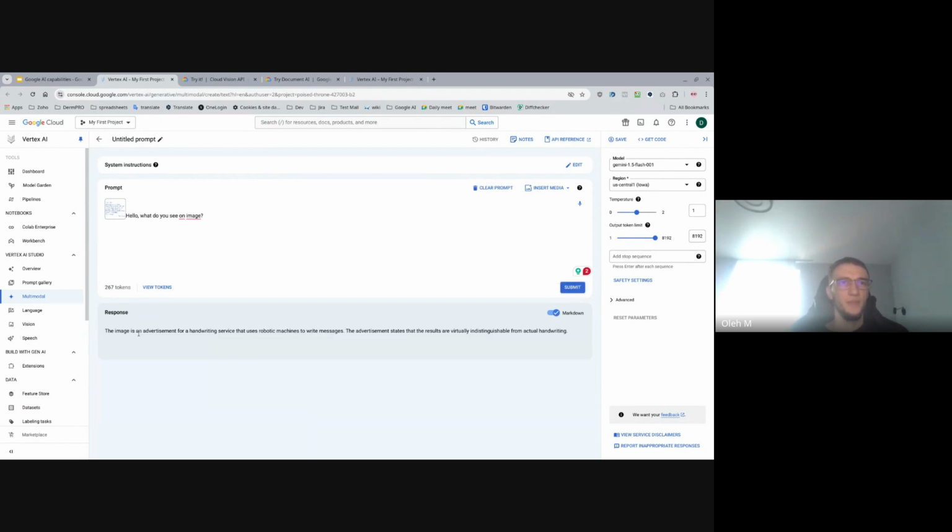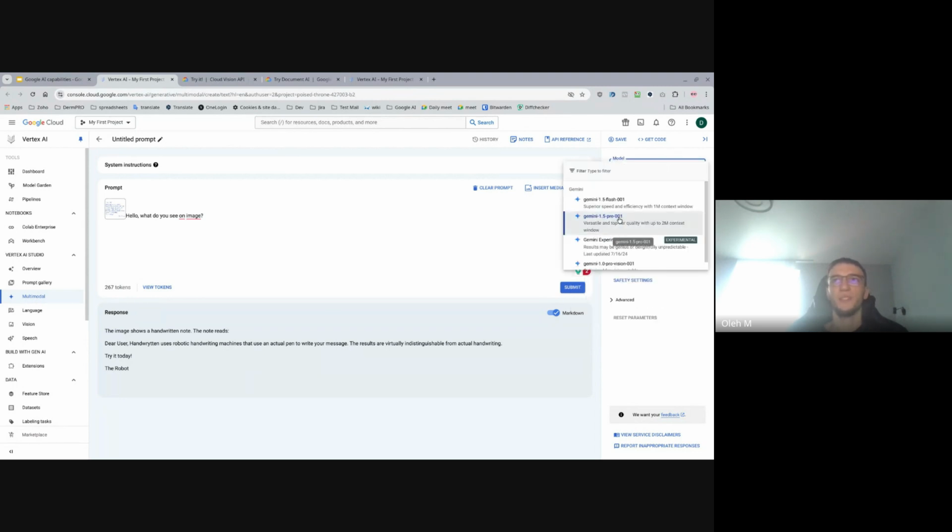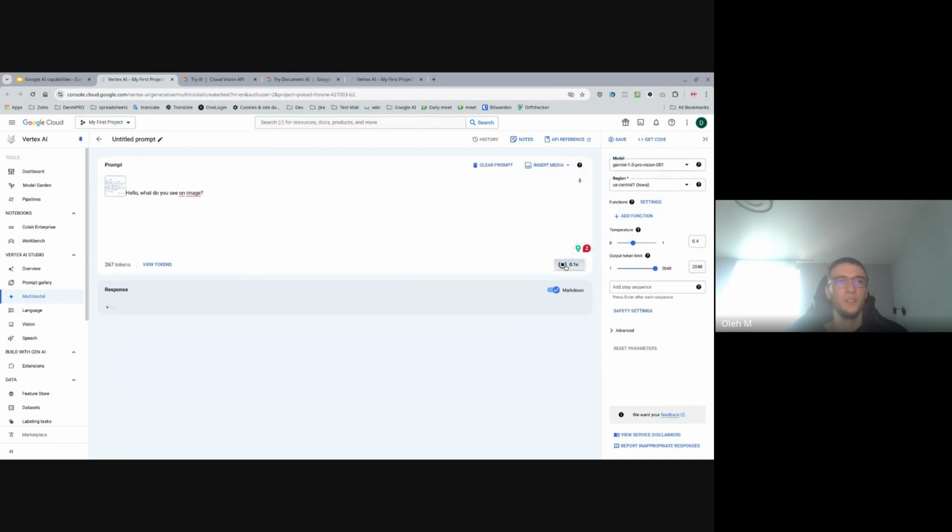The image is an advertisement for a handwritten service that uses robotic machines to write messages. It was Flash. Let's check Pro version. The image shows a handwritten note, the note reads, and the text. It's interesting how different models respond to the same question. Let's check this one. The image is a handwritten note that reads and the text. Also, it has